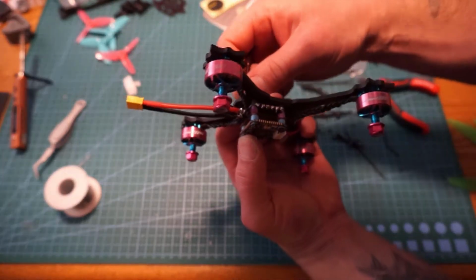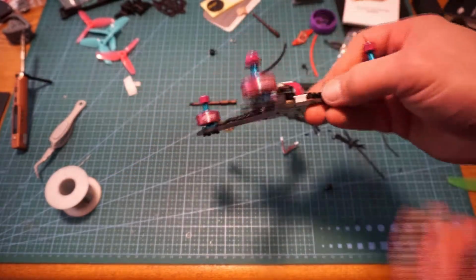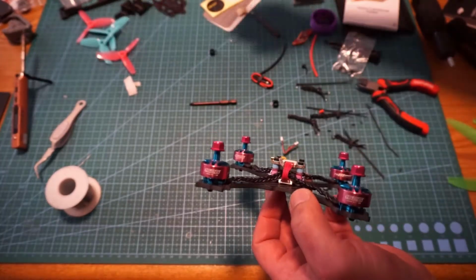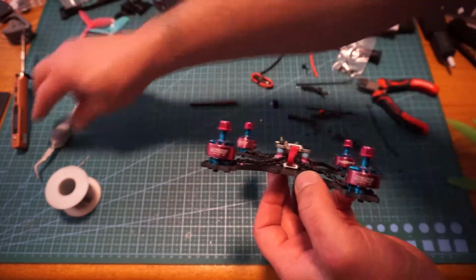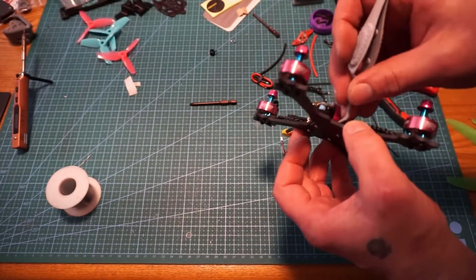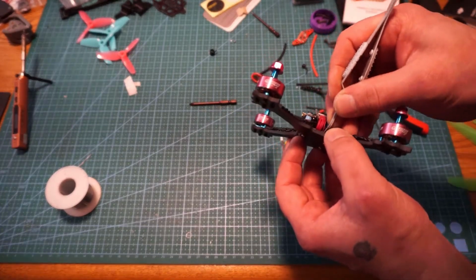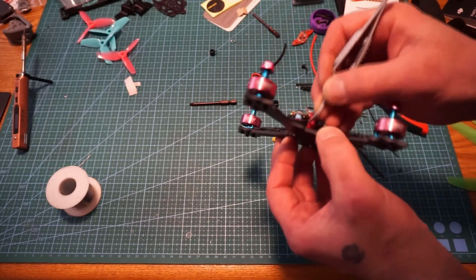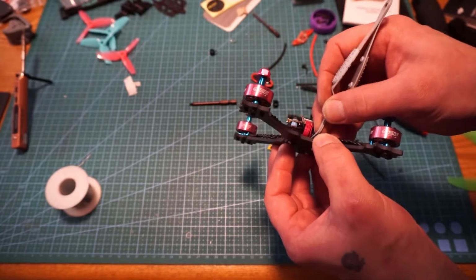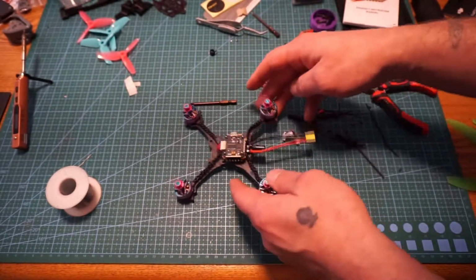Some people will do it beforehand, some people do it after. I just leave, as long as the threads come through the top, that's enough that you can take and get your Loctite or your super glue, whatever you want to use. And then you can just put a drop right there at the top and prevent those from coming loose during flight. Plus it's easy to break it right off that way, and the nuts are super replaceable, they're super cheap. So I have the flight controller plugged in, XT60,